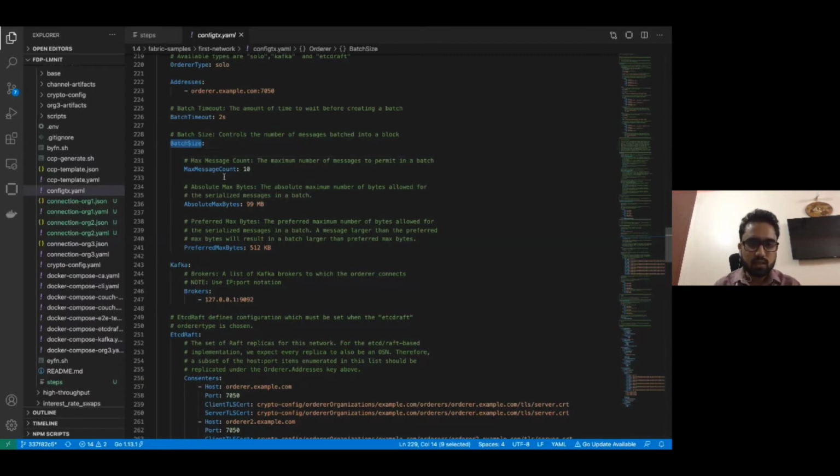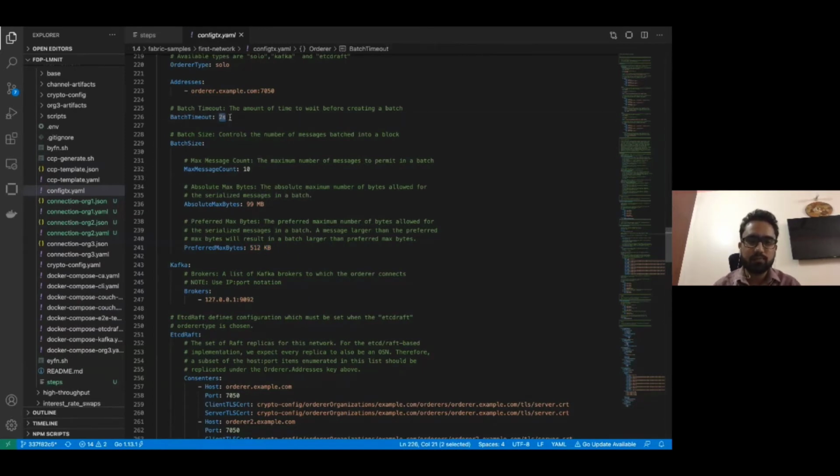Once the block size, maximum bytes or preferred bytes, is exceeded, a block will be created. And there is another thing: after 2 seconds, one block is created irrespective of the size of that block. So these two things are major to create a block by the orderer.